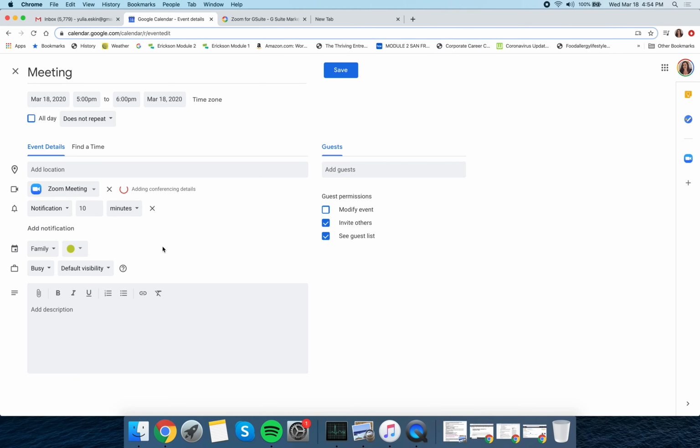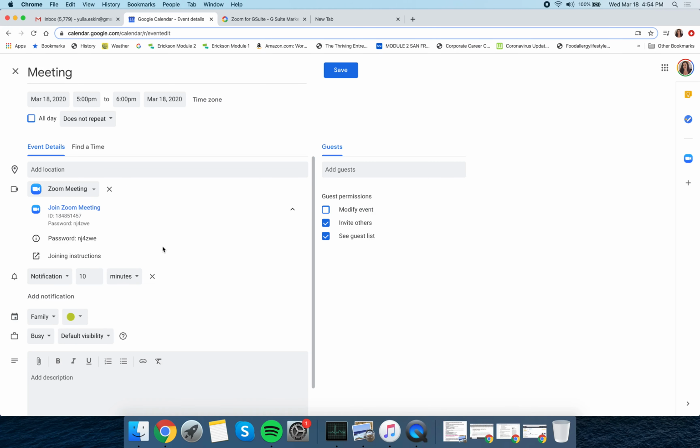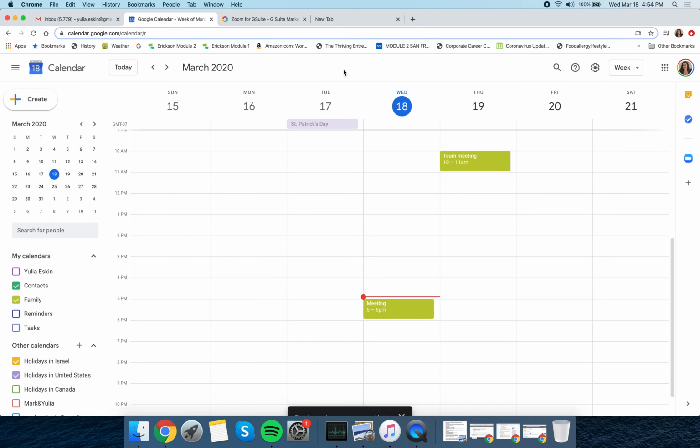Zoom will create a new meeting for you with a password, so it's super secure. And you never have to go to the Zoom app and schedule a meeting there. Everything is already done for you. Click Save. Now another cool thing you can do is if you already had a meeting on your calendar and